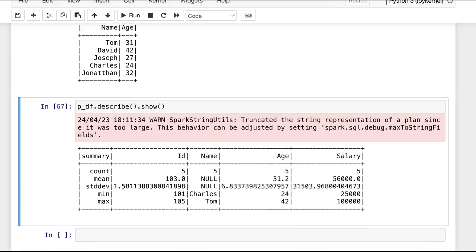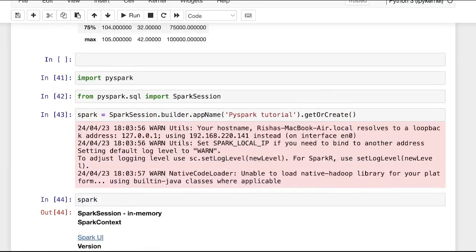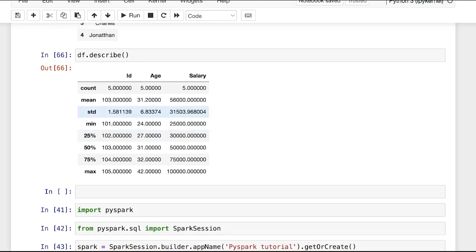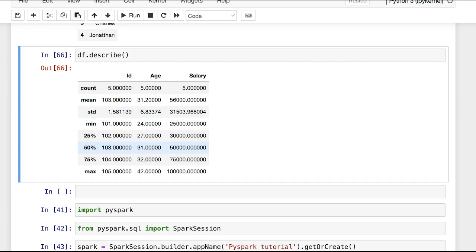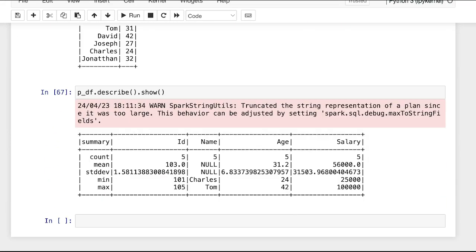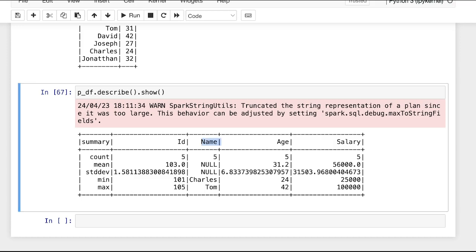One thing you can find here in pandas, when you are using the describe method, it only shows you the statistics of numerical columns, because of course we cannot do the statistical analysis of a categorical column. But whenever you are using the describe method with PySpark, in that case it will also display the categorical column or the string column, though it will provide it with null values, but still it will display it, and I think that's one of the disadvantages. But apart from that, you can use the describe method in PySpark as well to do the statistical analysis of your dataset.